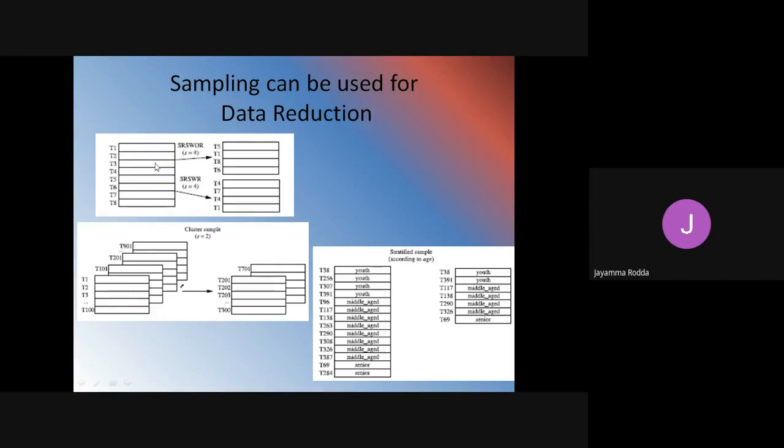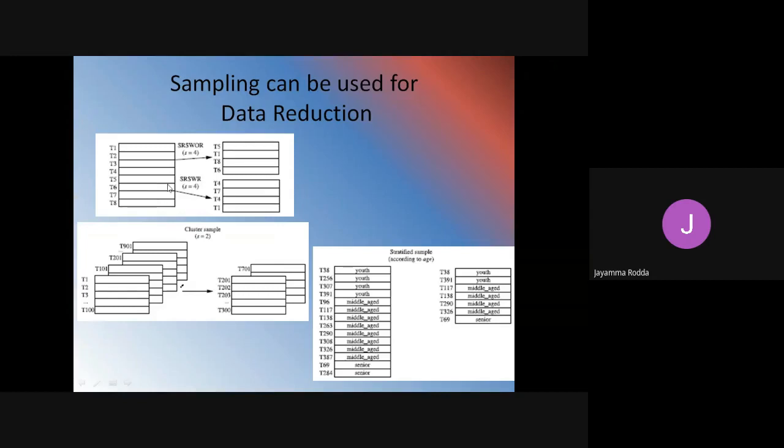S should always be less than n. The probability of drawing any tuple from D is 1 by n. That is, all tuples are equally likely to be sampled.